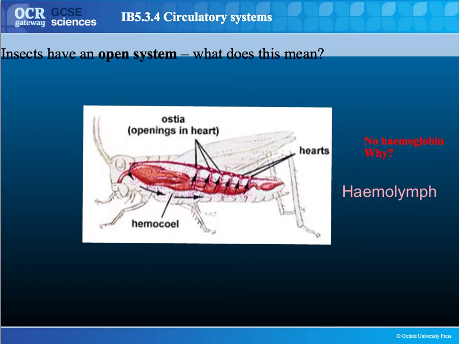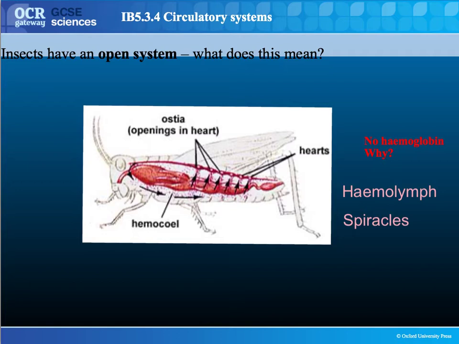Now, this does not carry oxygen. The reason it doesn't carry oxygen is because insects have special structures that provide oxygen inside the body. These are breathing tubes which are from the outside of the body, on the exoskeleton, through into the inside of the body, and these are called spiracles. So these spiracles provide oxygen directly to the tissues, so there's no need for a transport system within the body